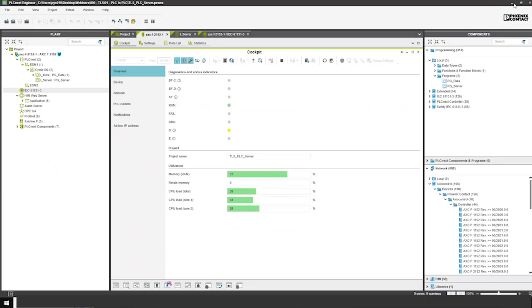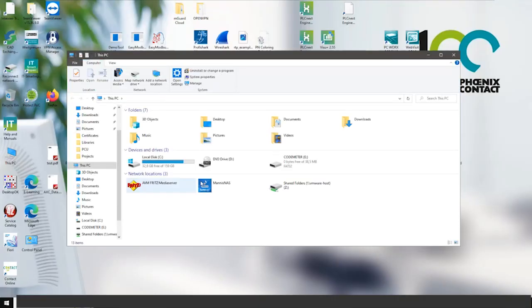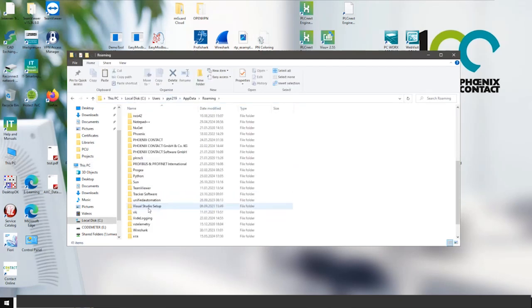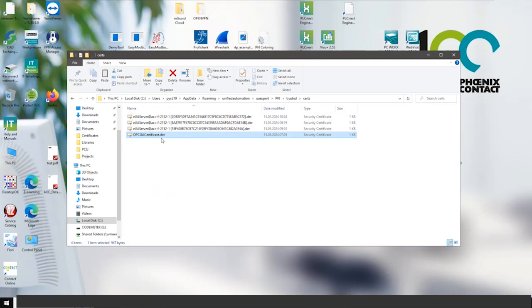And as a client, I'm going to use the UA Expert. And there is a specific folder inside UA Expert. All these examples I put in the documentation that you can download. So it's in app data. It's a hidden folder in Windows. So %appdata%. And you will find a folder called Unified Automation, UA Expert, and then there's the PKI, Private Key Infrastructure. There's a trusted folder, and there's the certificate folder. And this is where I have put in my OPC UA certificate from Phoenix Contact, from my PLC.